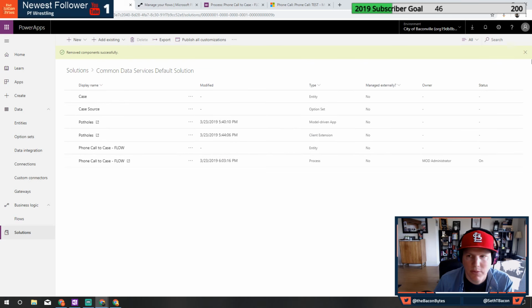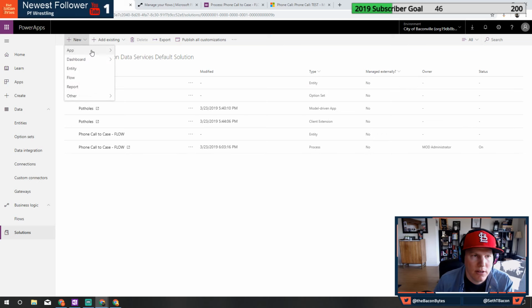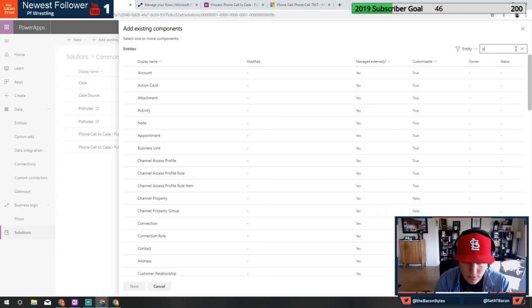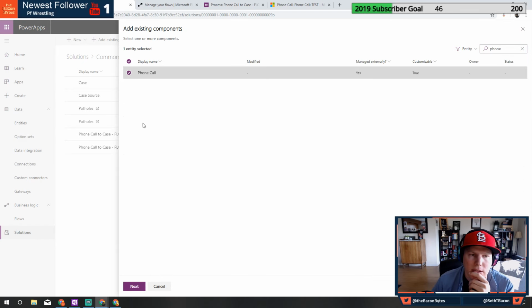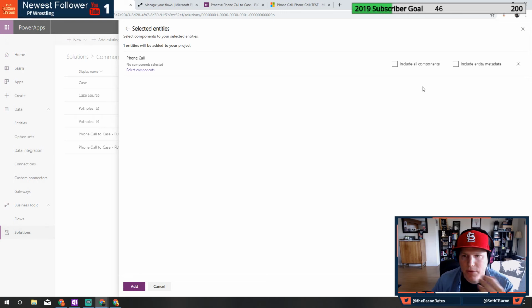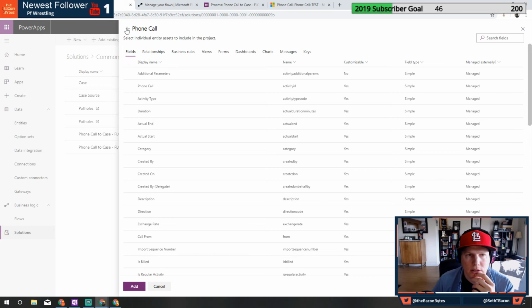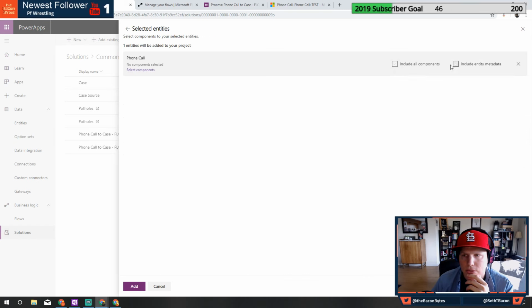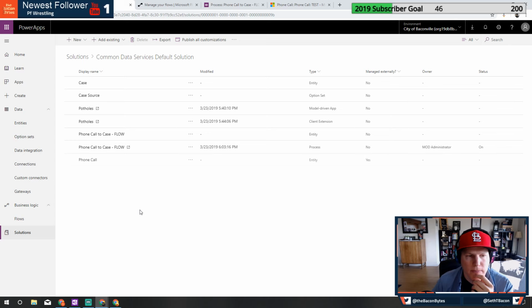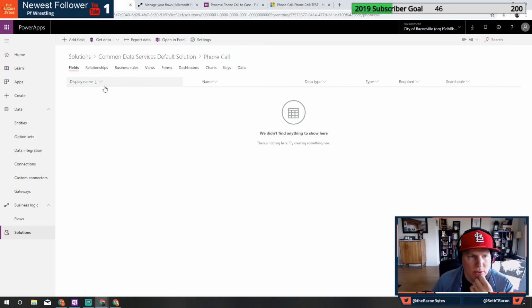Interesting, you can't remove it from the environment. That's good. Add existing entity. Let's try that again. I don't see phone call, because it wasn't part of that. Include all components, include metadata, select the components. For kicks and giggles we're going to do everything. Interesting, you can only do one or the other. Okay. From here, let's go ahead and click. We're going to do the phone call. We're going to not require...